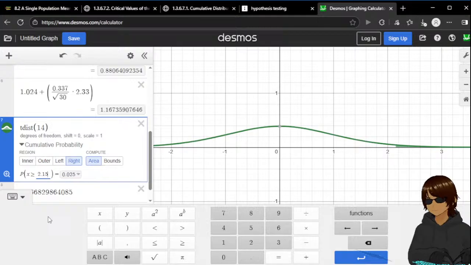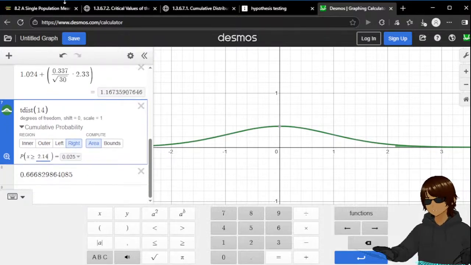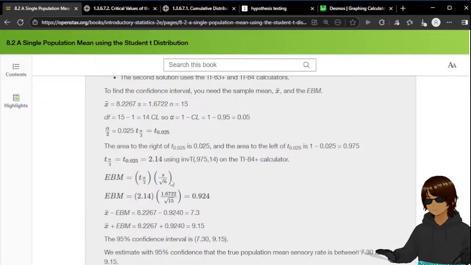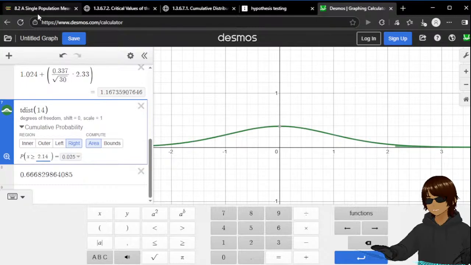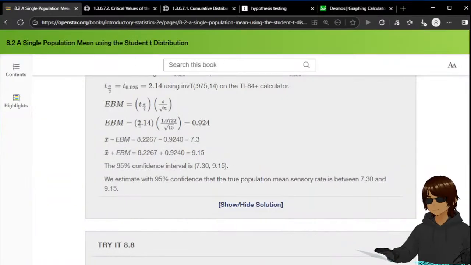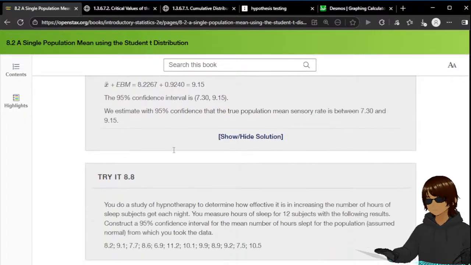Do I have to just guess it? 2.14 is this area. 2.14 times S over root n gives 0.924. That's the error bound in the t distribution. So the mean x minus and